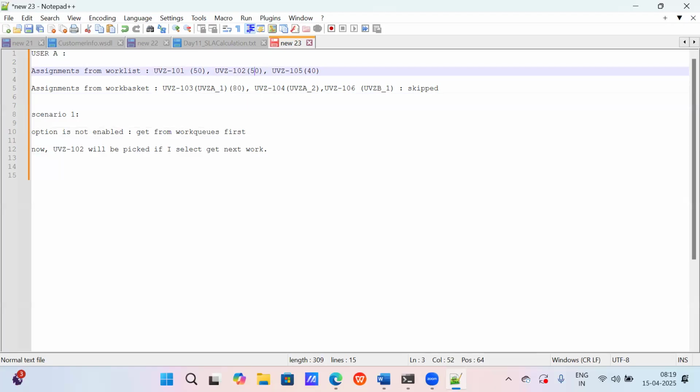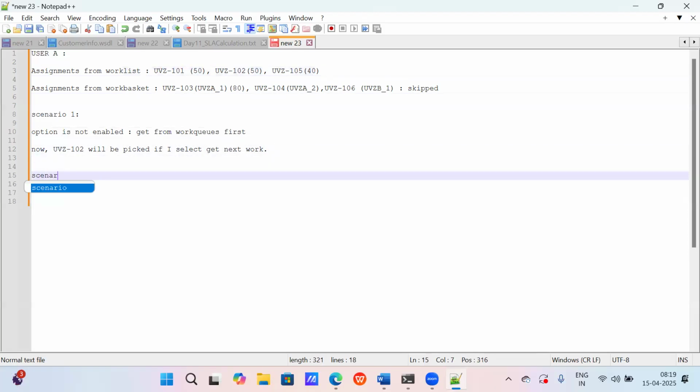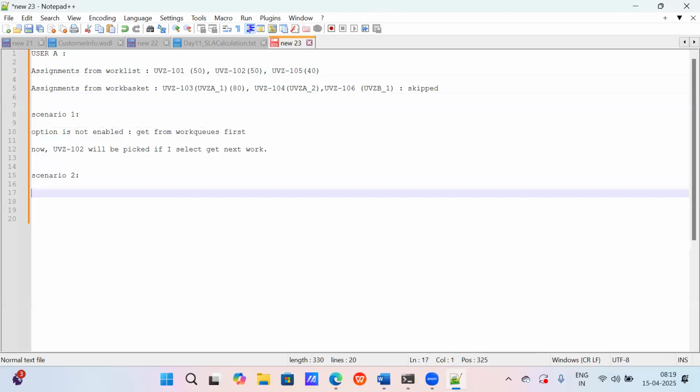101 will be picked up because it is the oldest with the same urgency. Correct. That's correct. So how will it check it? With the help of PX create date time. This is the value which will help to assign cases.